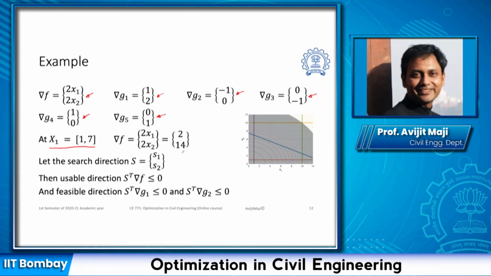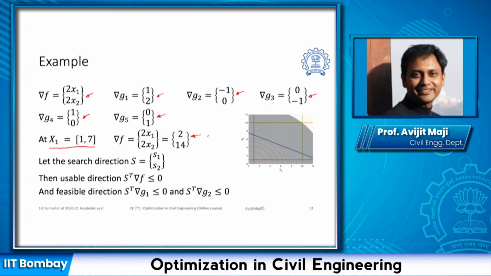as well as we need to find out the gradient value of all the constraints. Now if we see the gradients, only in the objective function we have the gradient which is dependent on my location. So in this case I am choosing the location as (1, 7). So for that the gradient of my objective function is going to be this one, and the other gradients are already a number which we can consider.